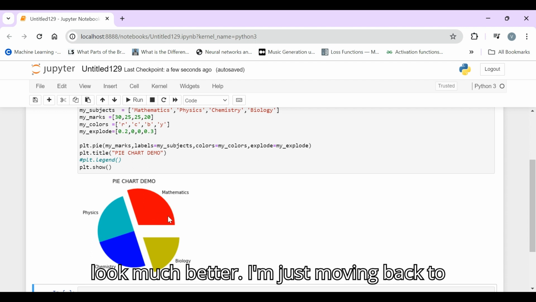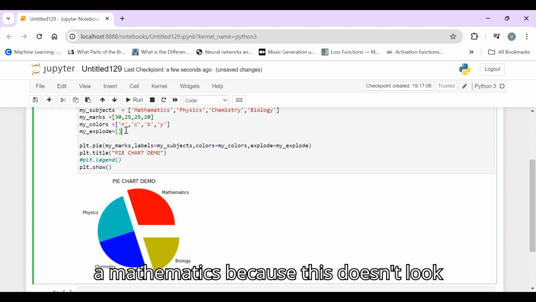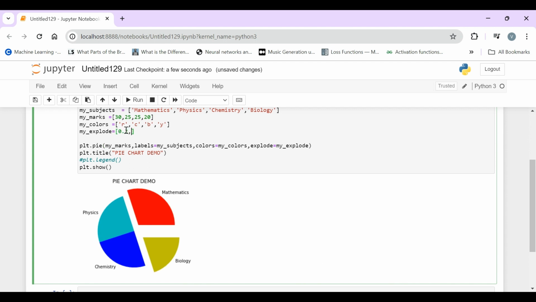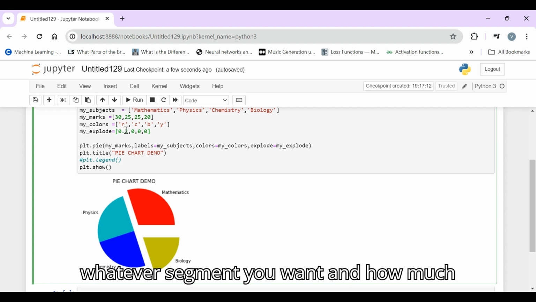As this doesn't look much better, I'm just moving back to zeros, or for simplicity's sake, let us only give mathematics, because this doesn't look much better to me. So according to your requirement, you can change whatever segment you want, and how much apart you want.